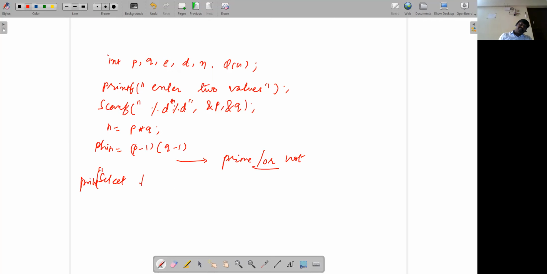select the value of E, right? Again, if you want, you can check the value of E, right? Then you just enter the value percentage D, comma, ampersand E. I hope this is clear till whatever I am explaining. If you have any queries regarding this part, you can raise the query to me.